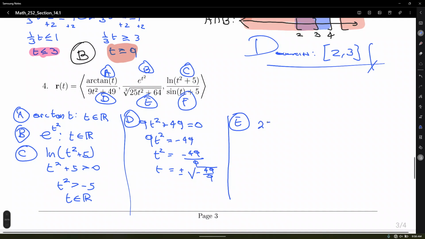So we need to set 25t squared plus 64, okay, underneath the radical. Cube both sides. 25t squared plus 64 equals 0 cubed. 25t squared equals negative 64. Same situation as before, right? t squared equals negative 64 over 25. So when you're solving an equation like this, you don't even have to go through the